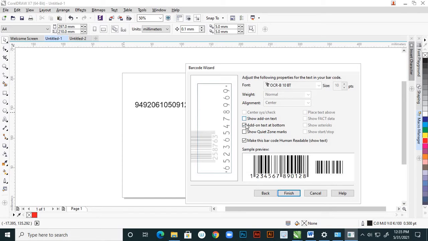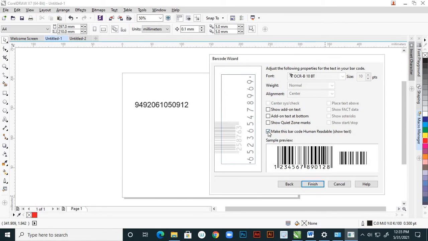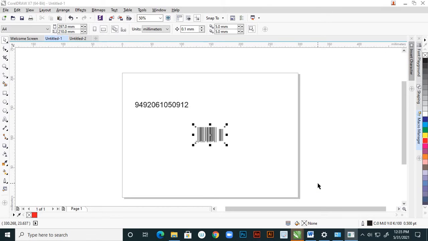If you don't want these add-ons, you can remove that. This is our barcode. Make this barcode human readable, that is very important. You should keep this visible. We are not showing the add-on because we don't want that actually. So uncheck these things, and finish.